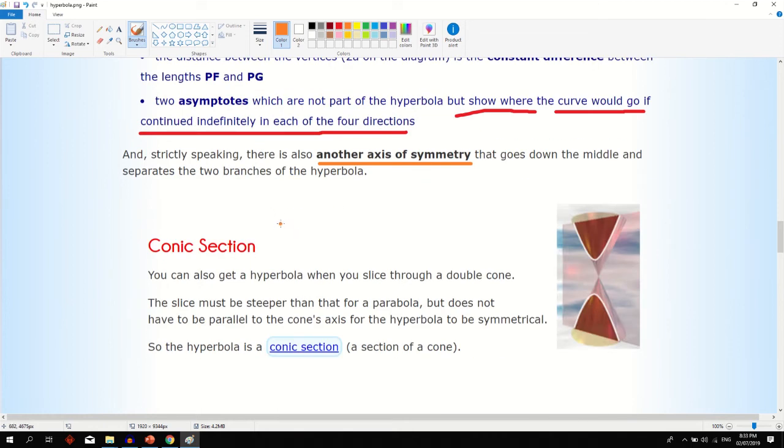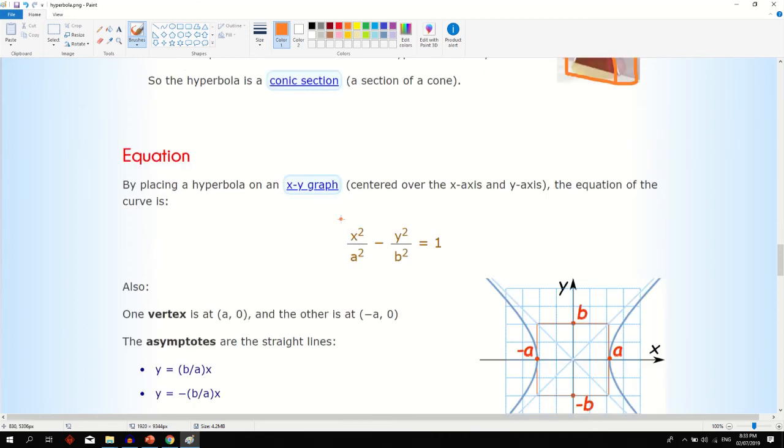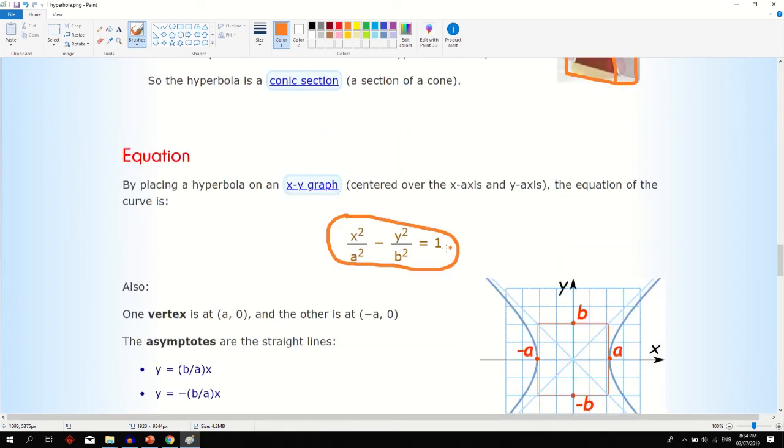So we have here the conic section. You remember this one, right? If you cut it, you will get the hyperbola. This one is the equation of the hyperbola. I think there are only two forms, so we'll still have this one,